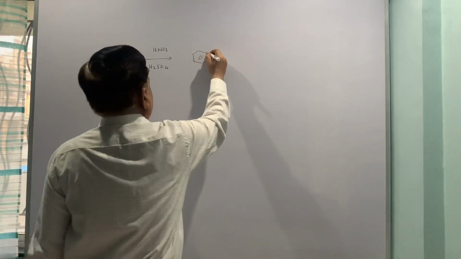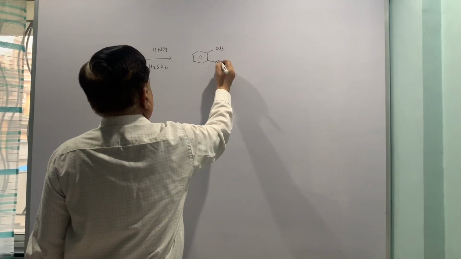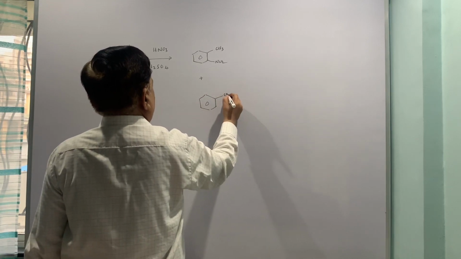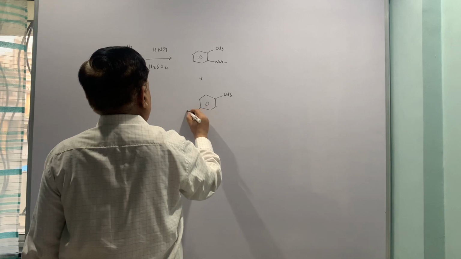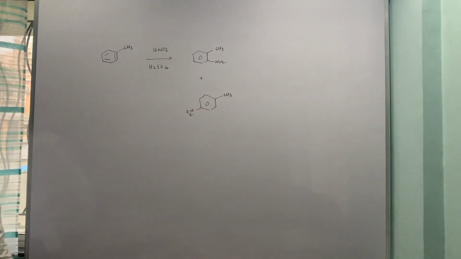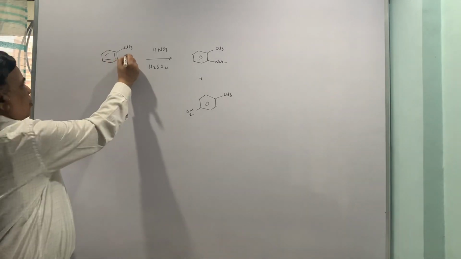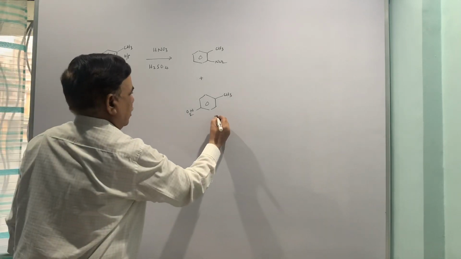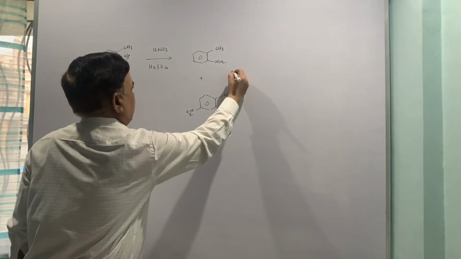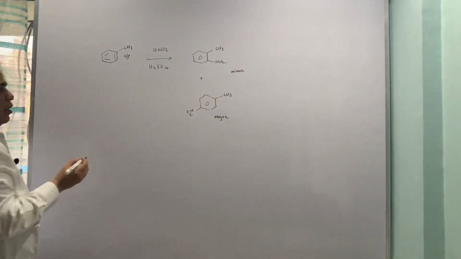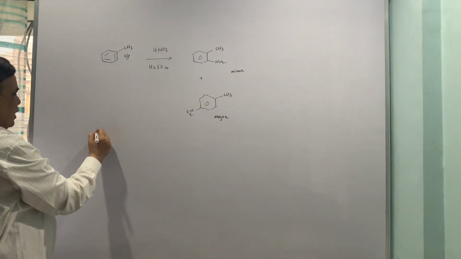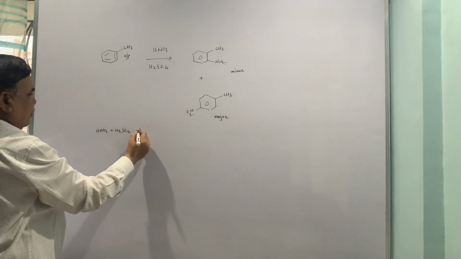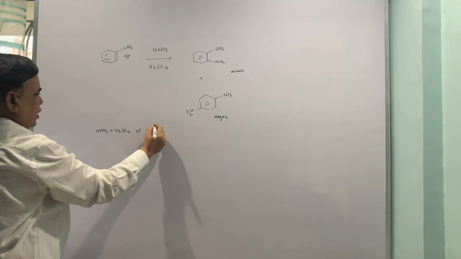Now this is the example wherein we are expecting the nitration because we are using the conventional nitrating mixture, and this is an ortho-para directing group. So we are getting ortho and para. Of course this is going to be a major compound, this is going to be a minor compound. So the reaction mechanism is same, HNO3, H2SO4. You have to write down the equation. If you show this, that is enough,